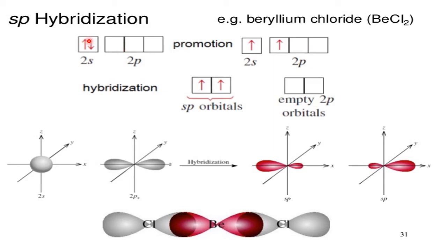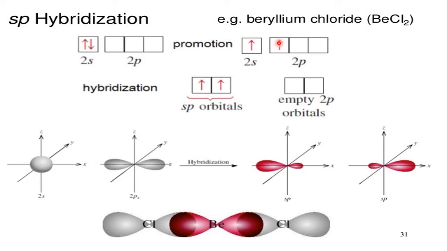Normally, they undergo this when it is unpaired, it is better. So here it is paired. Therefore, one of the 2s electrons will be promoted to one of the empty orbitals of 2p. So one electron from 2s will be jumped or transferred to the 2p, giving 2s1, 2p1. This is called the electronic configuration of beryllium in the excited state, or the state ready for